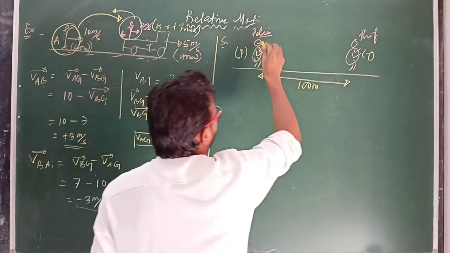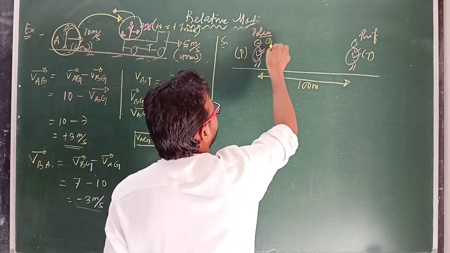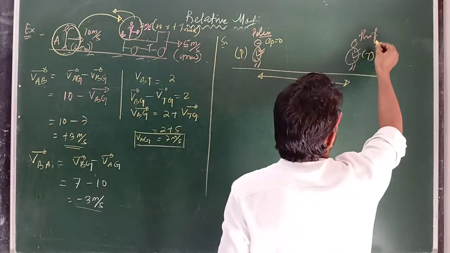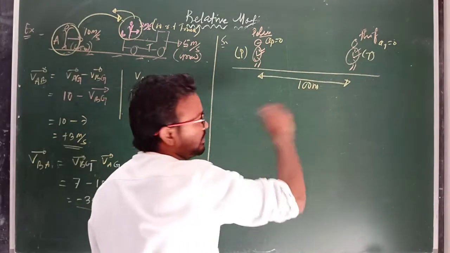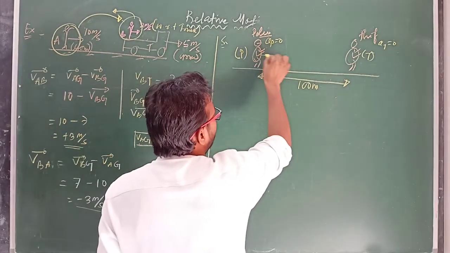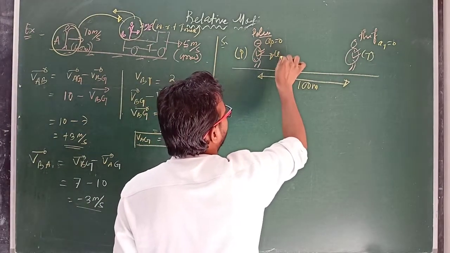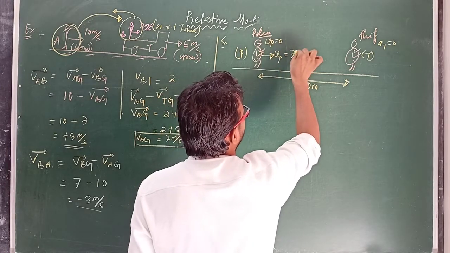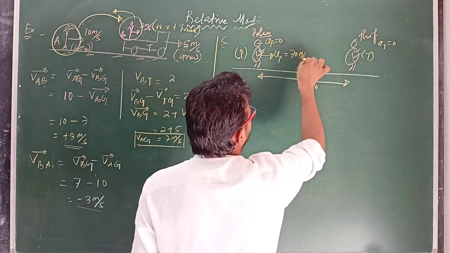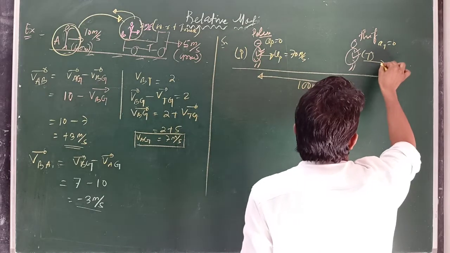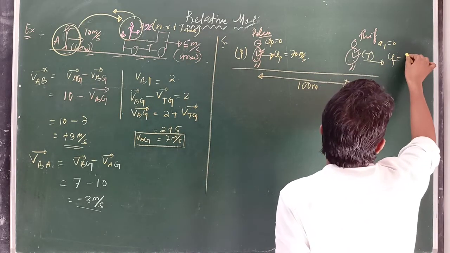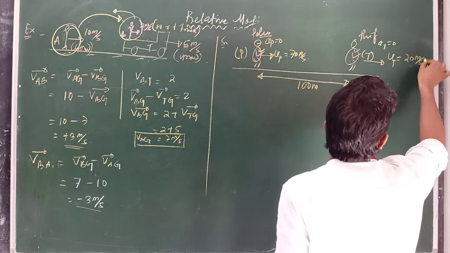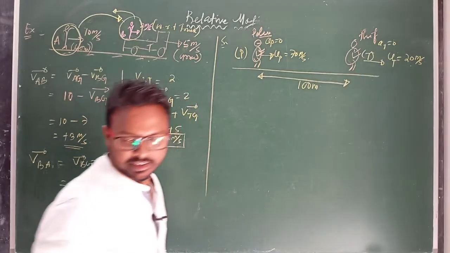Clear? And here the acceleration of police is suppose 0, and the acceleration of thief is also 0, which means they are moving with constant velocity. Suppose the initial velocity of police, up, is 70 meter per second, and the initial velocity of thief, ut, is 20 meter per second. Clear? Then my question is that